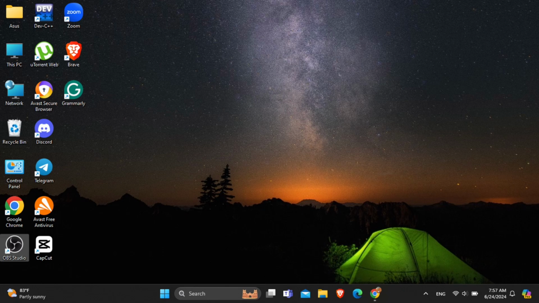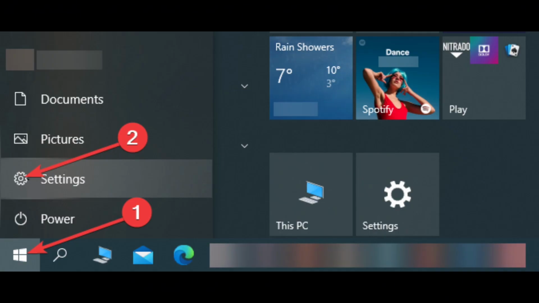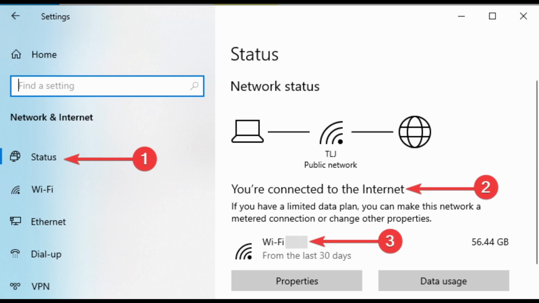For that, firstly you need to head towards the Start menu. Then after, you will see the option of Settings. Simply click on it. In Settings, you need to go to the Status of Network and Internet. So under Network and Internet category, click on Status, and now you need to check the connectivity of the Wi-Fi